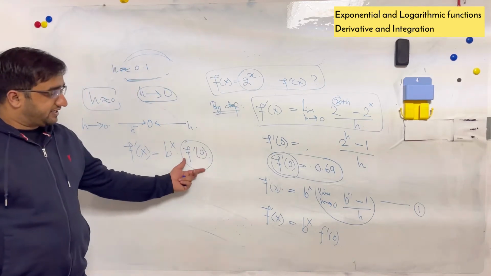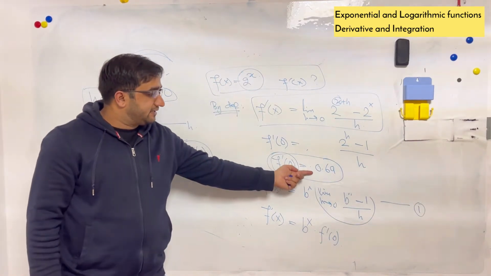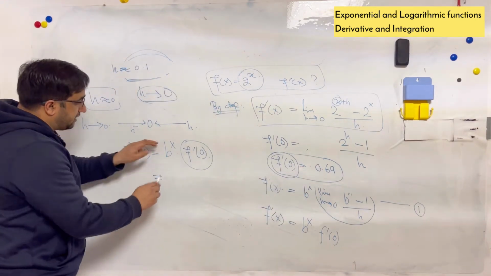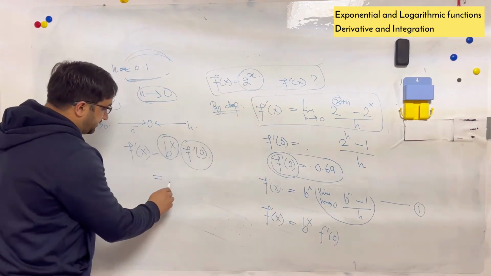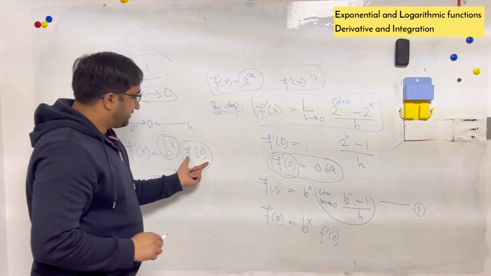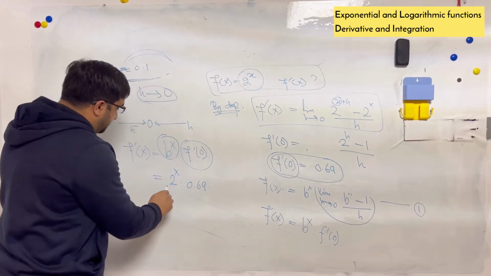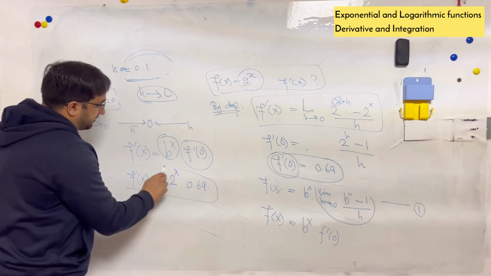I have already found the value of the derivative of this function at approximately 0. The original function is 2 raised to the power x and the derivative at 0 is 0.69. So this is the derivative of this exponential function